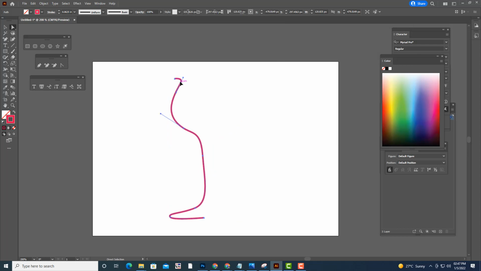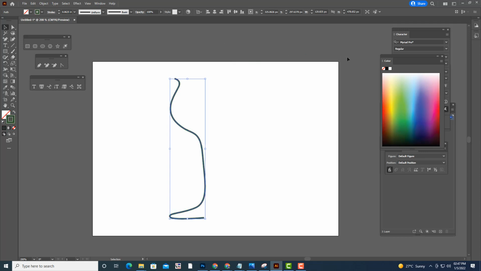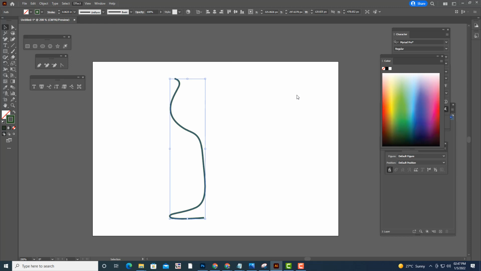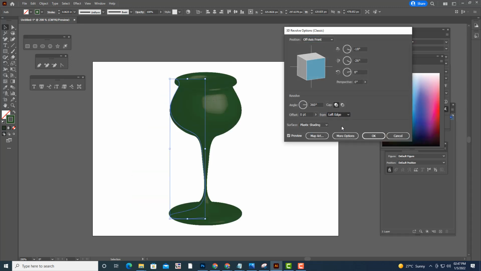And if you want a different color, we'll just simply select this, double click on this. See, now we have a green color path, and if we just apply the same revolve option again, we are going to get a green color object or green color glass.